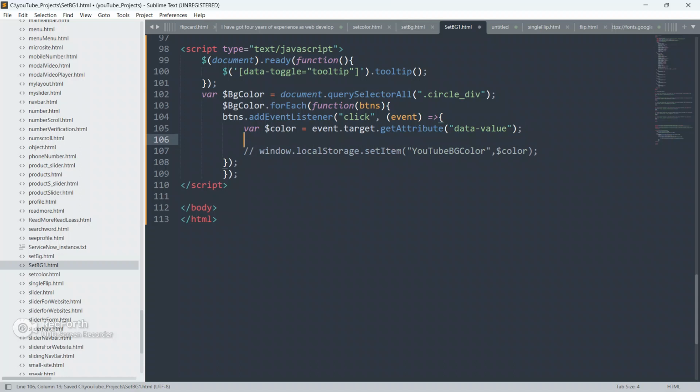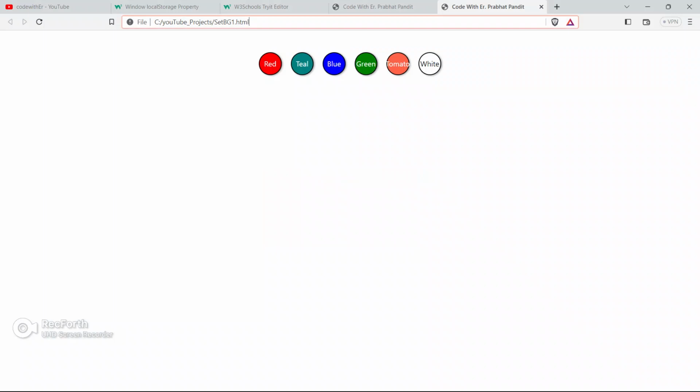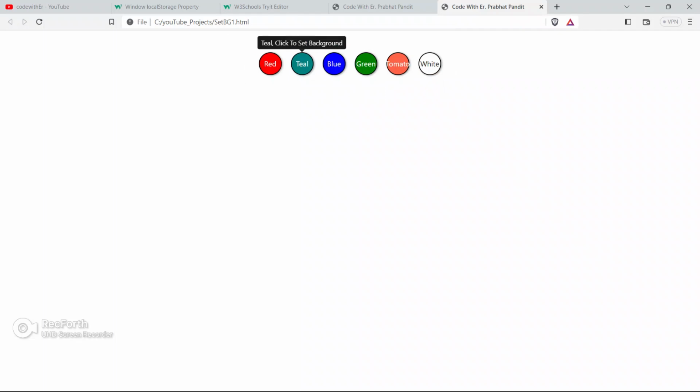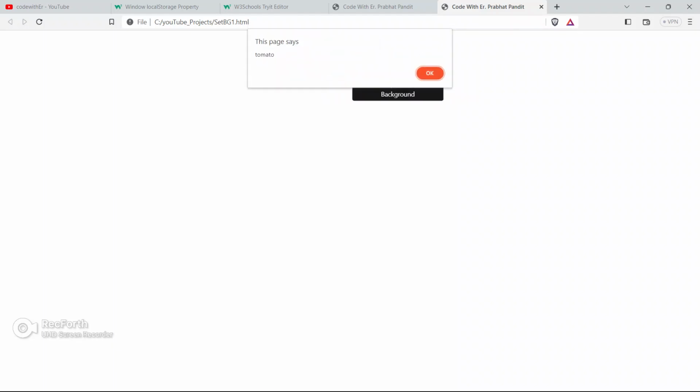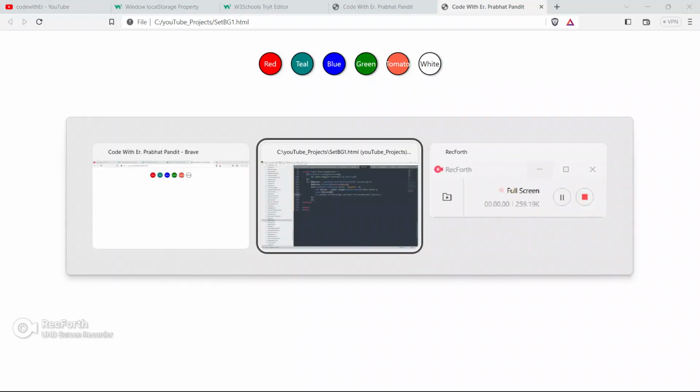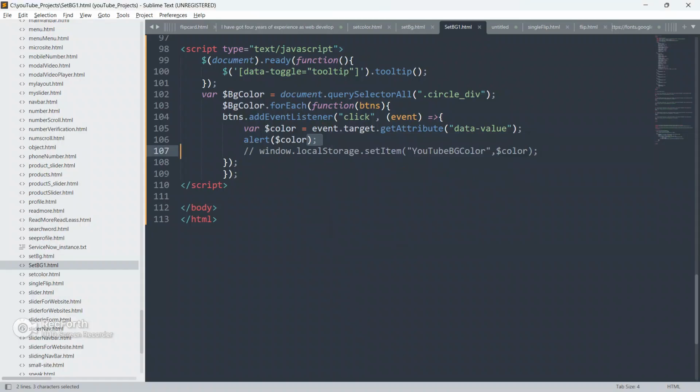As of now, guys, just comment this code and let me show you what this color variable contains. So alert this color variable now, paste it here, save your code, go to the browser and refresh your page, and click on the button. See, the value is red now, then teal, blue, green, tomato and white. So as you can see, we are getting red, teal, blue, green, tomato and white